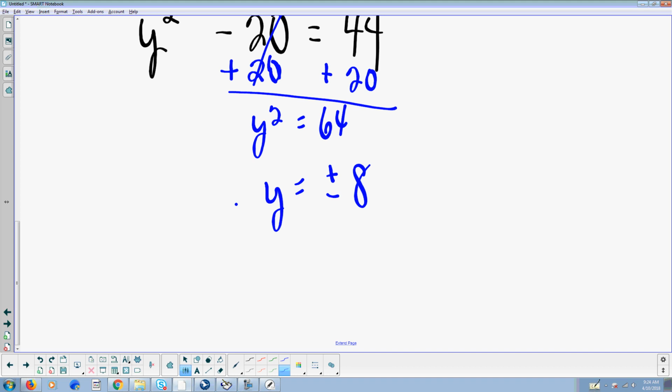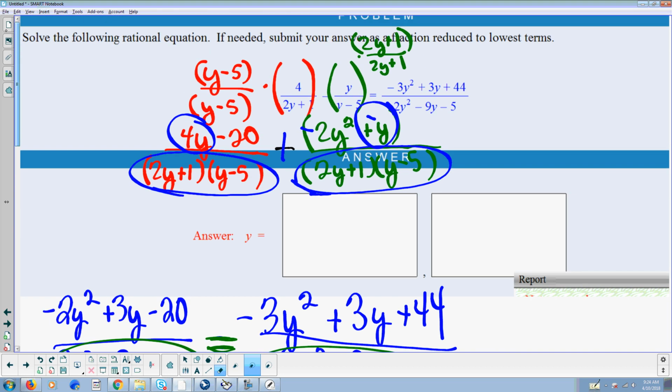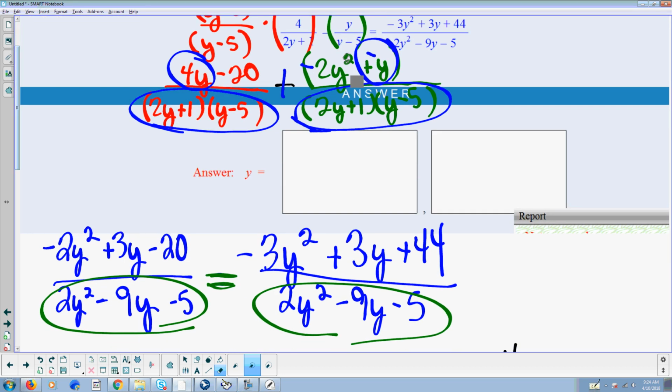We also have to consider that our denominators cannot be 0. When we're solving a rational equation, we have to consider both answers, 8 and negative 8, and consider, do either of those, if I substitute them in the original problem, make a 0 in a denominator. So going back to consider that,